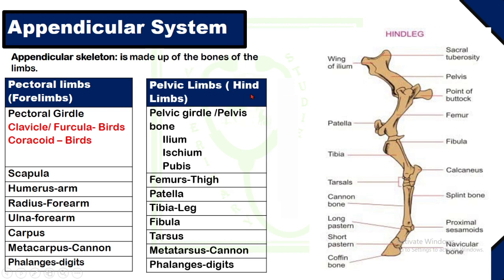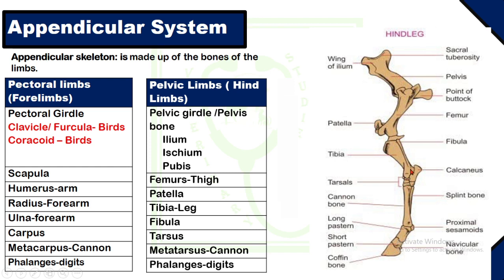Hind limb. The bones in a hind limb are, first of all, the pelvic girdle, which consists of the ilium, ischium, and pubis bone. This one is the femur bone. This one is a small bone called the patella bone. This one is the tibia bone, and this small bone is the fibula bone. As the age advances, these two bones fuse to form a tibia fibula bone,